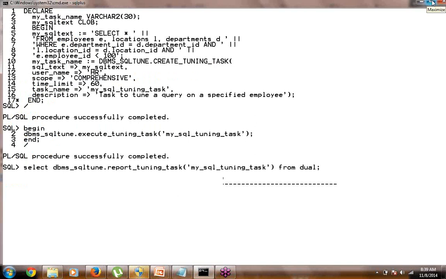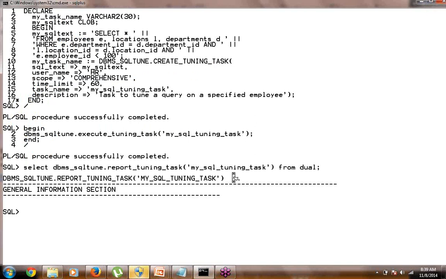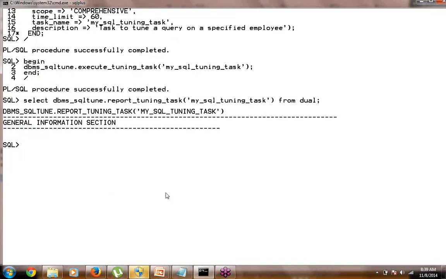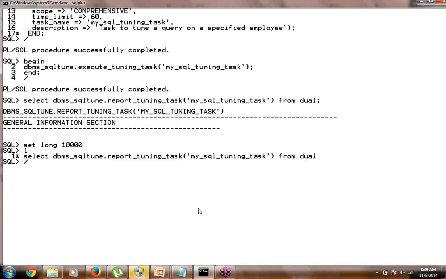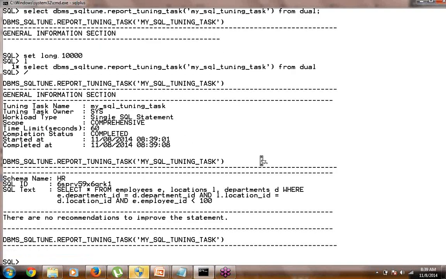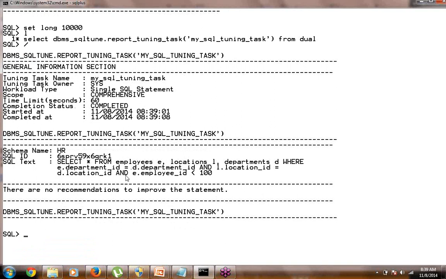Right? Have a look at this. Now it's not giving me the whole information because of a setting called long. So let me quickly do that setting so that we can see the whole information here. Please have a look at this. The report tuning task. Of course, here it says there are no recommendations, but I'm just trying to show you